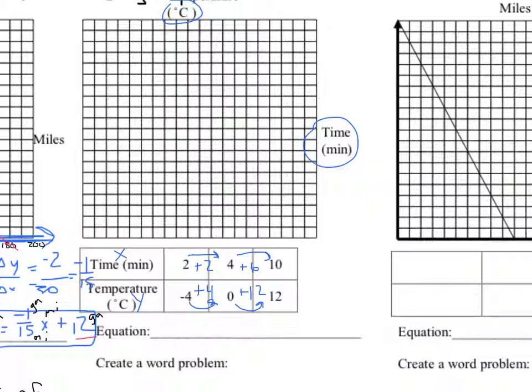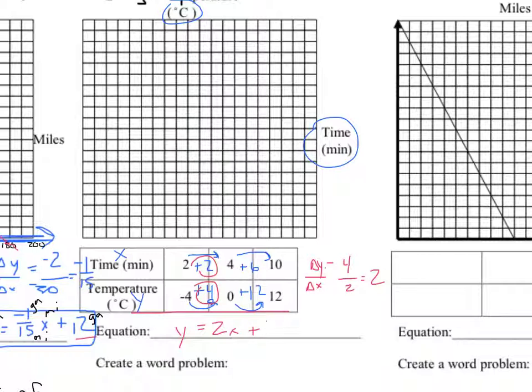So my change in y, remember, that's on the bottom this time. My change in y is 4. My change in x is 2. So that simplifies to 2. So y equals 2x